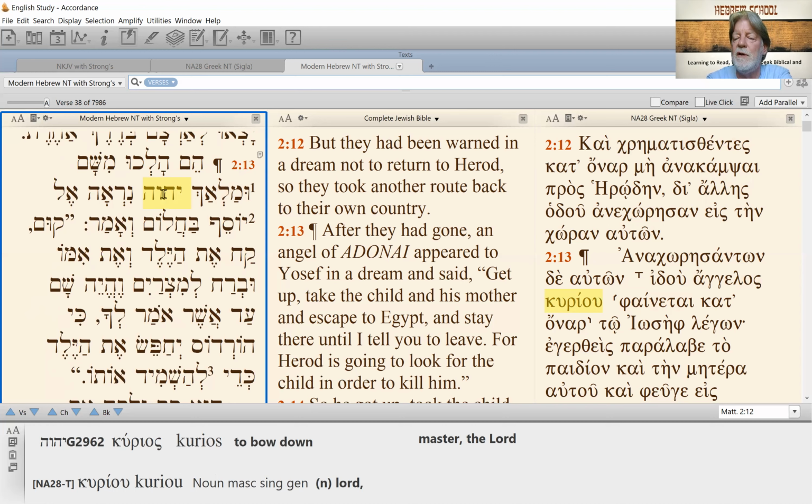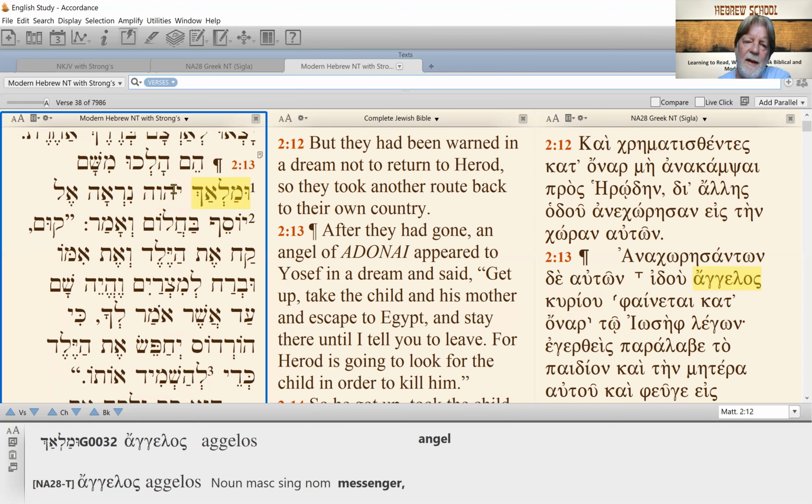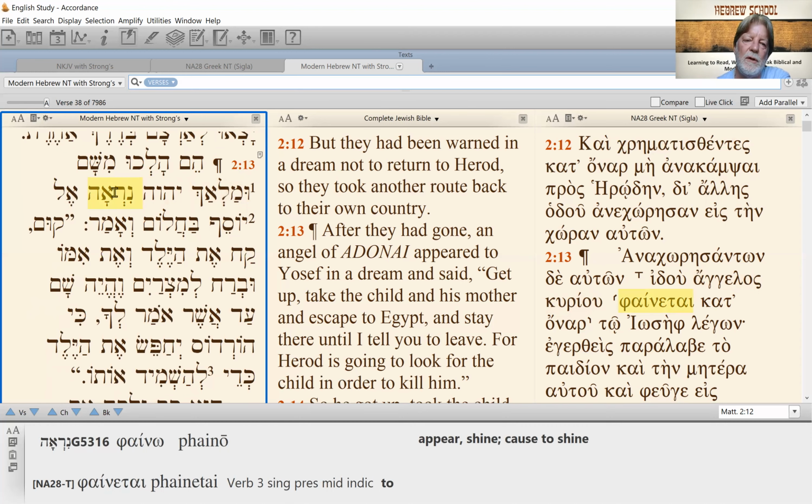It's called a theophany or even a Christophany, like an appearance of God himself, kind of in the form of an angel who's taking on human characteristics. But anyway, Malach Yahweh, it can be an appearance of God himself, or it can be an angel who's on an assignment from Yahweh. Nira, an angel appeared,